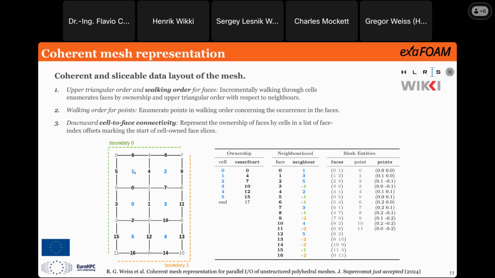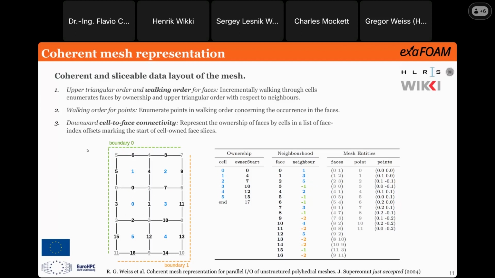Then I step into the next cell and I enumerate the new faces that are not numbered yet, and those are owned by that cell, and so on. The same is done for the points: after you have enumerated your faces, the points will be numbered by their incremental occurrence in the face lists.